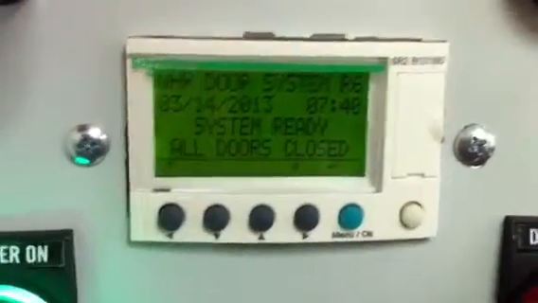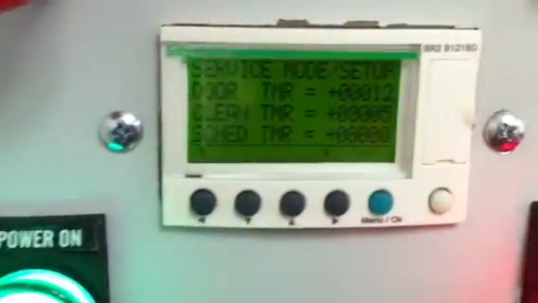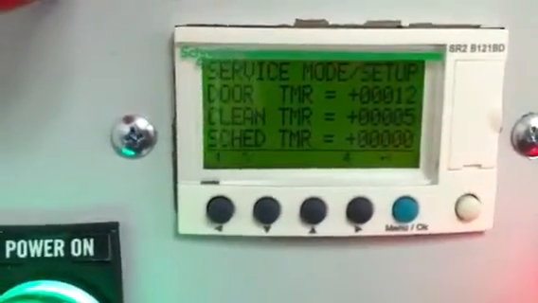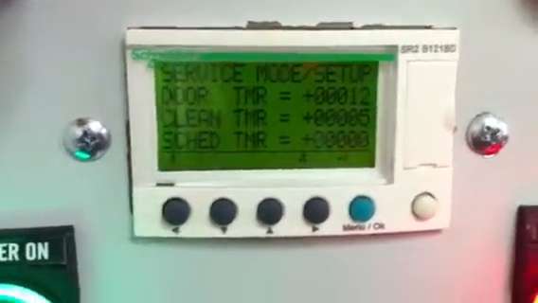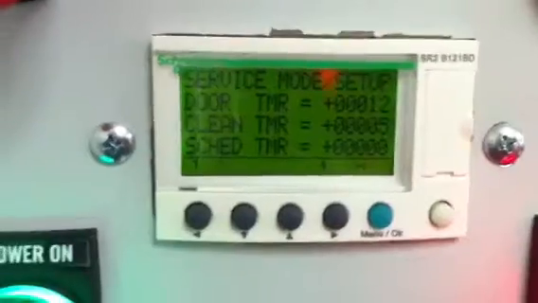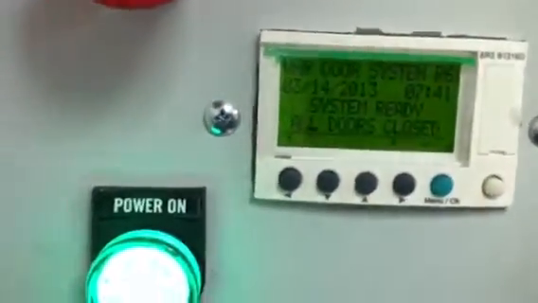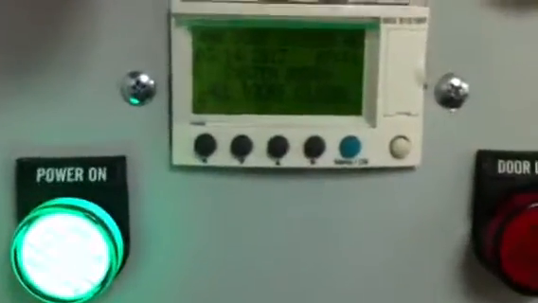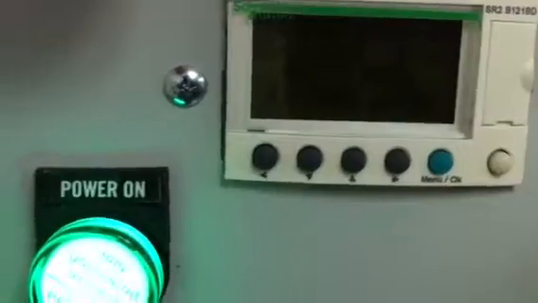Speaking of the scheduled timer, we can define different times during the day, the week, or the month when we want to create a service schedule, or a scheduled shut-off time. These shut-off settings are accessed on the PLC through a different interface. But the easiest way to enable it is to put your system in settings,